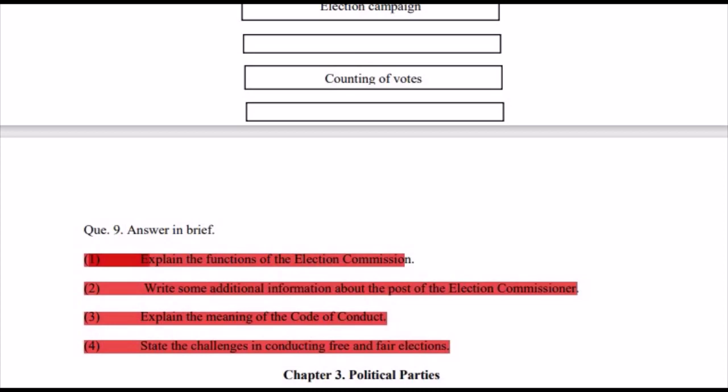Then, the responsibility of conducting free and fair elections of the Parliament and the state legislature lies with the election commissioner. And the last point will be,